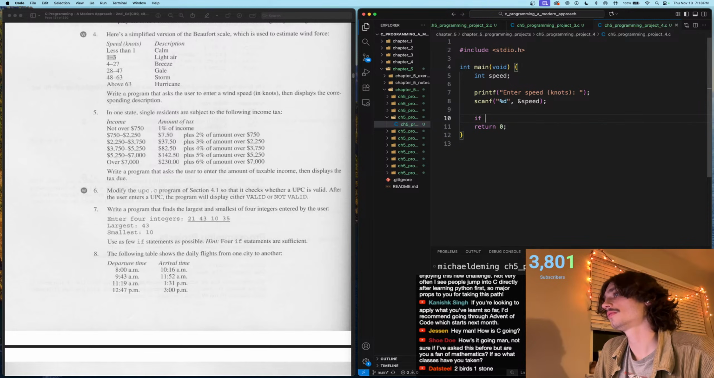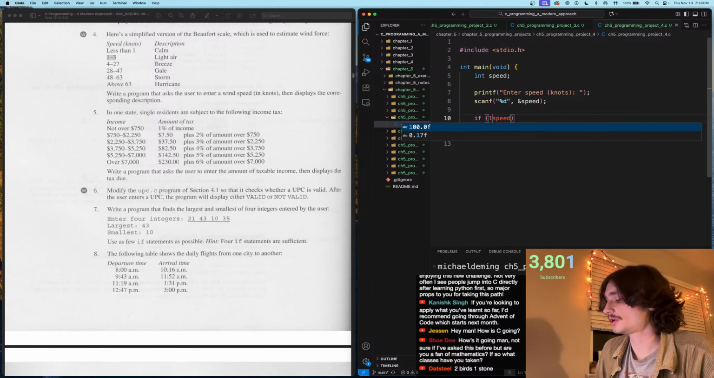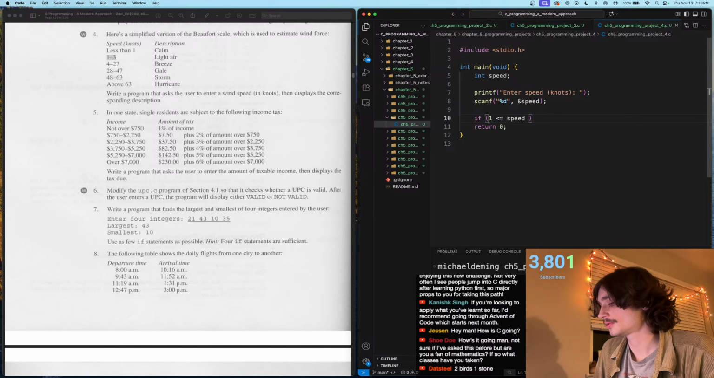If speed, if 1 less than or equal to speed, and speed less than or equal to 3, then what we're going to do is say,